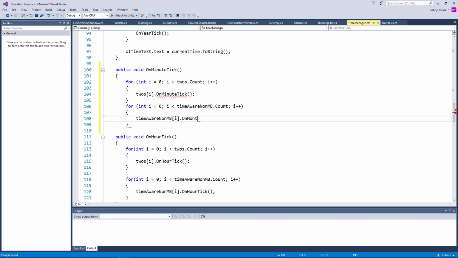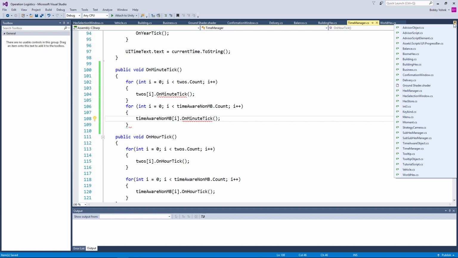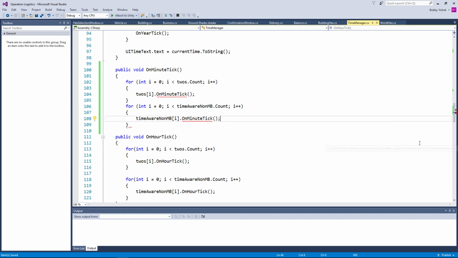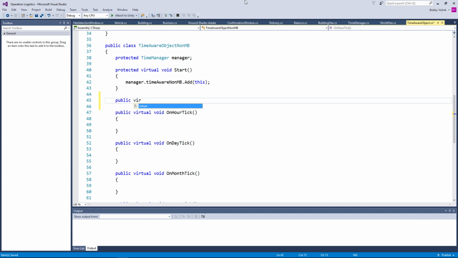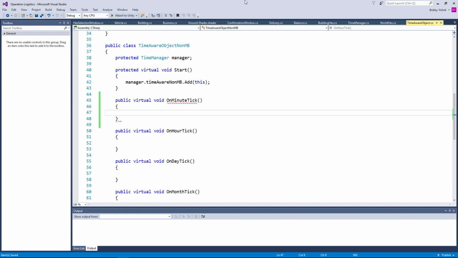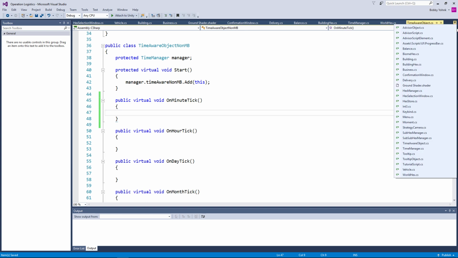No, not on month tick, on minute tick. There we go. And of course, again, that's not implemented. So we're going to need time aware object right here. Public virtual void OnMinuteTick. There we go. And we are going to need time aware object non-mono behavior,